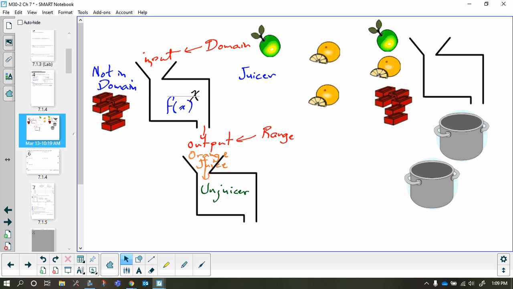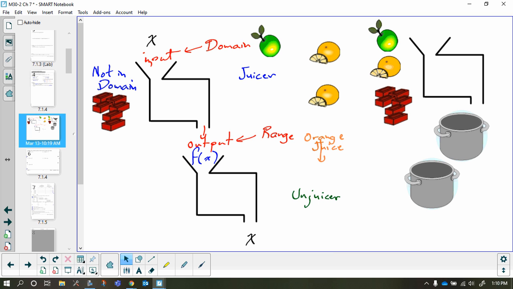It's going to take this x as input, and what it's going to put out is some value f of x. If that f of x then goes into here, becomes input into my next function, that's going to be my output and input. What am I going to get out at the end from this inverse function? Well, it'll be an x again. So if I had an x at the beginning as my input, my f of x does something to it, then my function here, we would say that this would be,